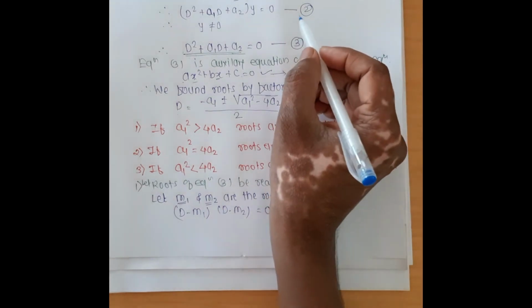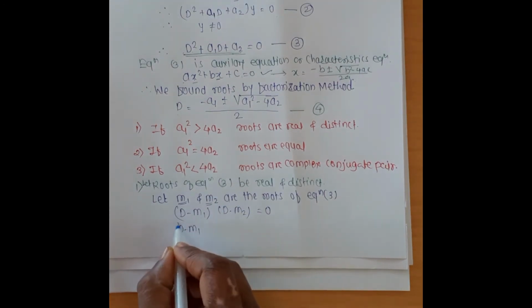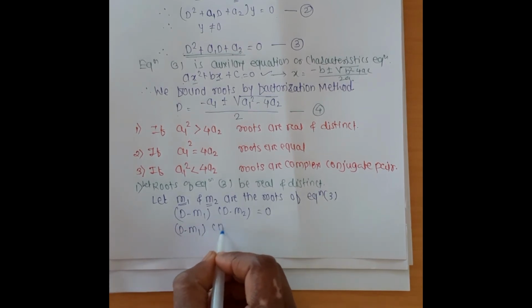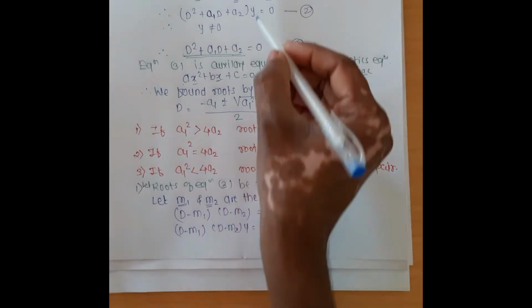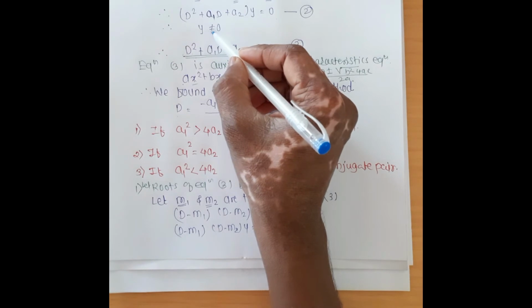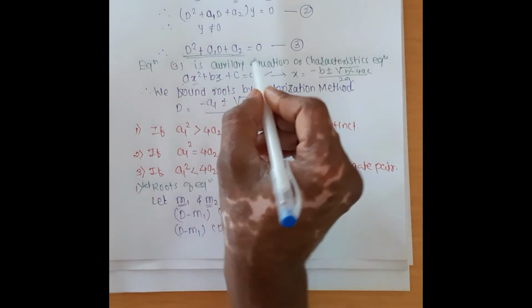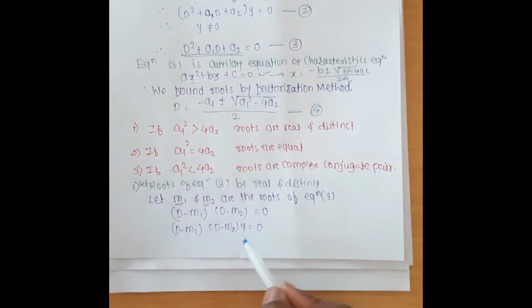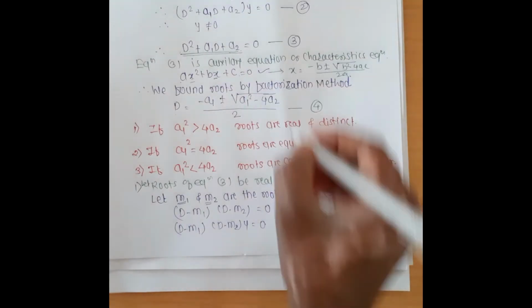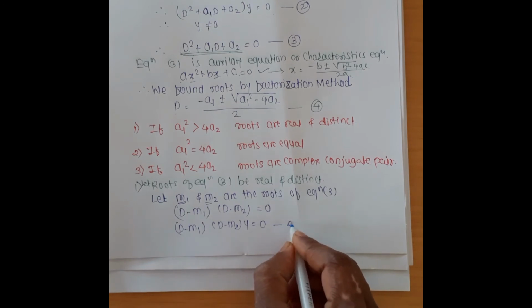and hence this equation becomes (D minus m1) and (D minus m2) of y is equal to 0, because y is already here. We neglected y because we defined this equation in the form of auxiliary equations, and again here we introduce the y term. It means this term will be written in the form of these equations. So we call this the next equation, that will be equation 5.